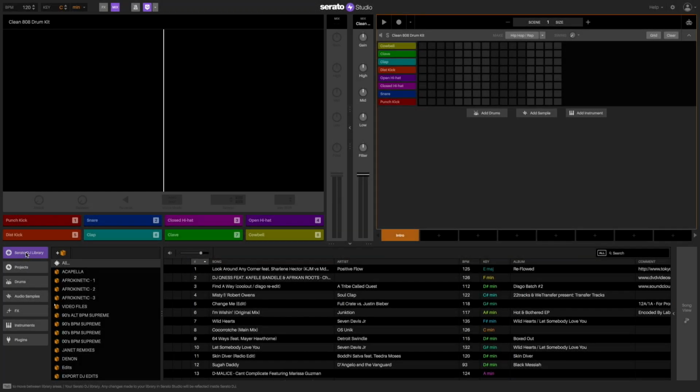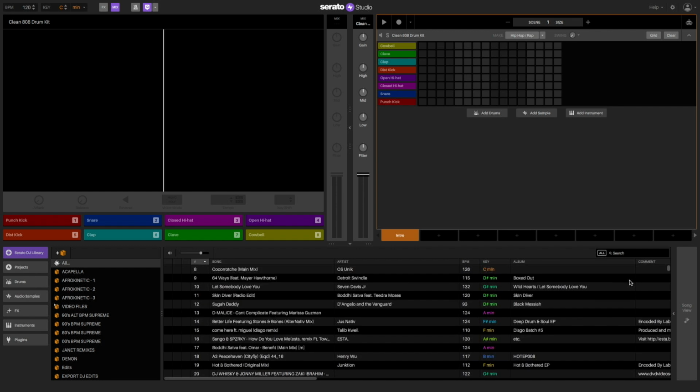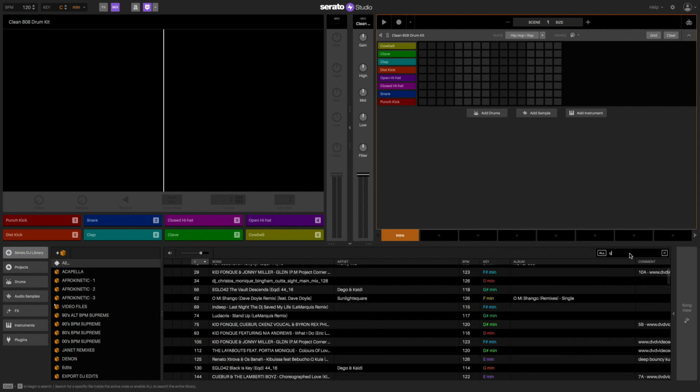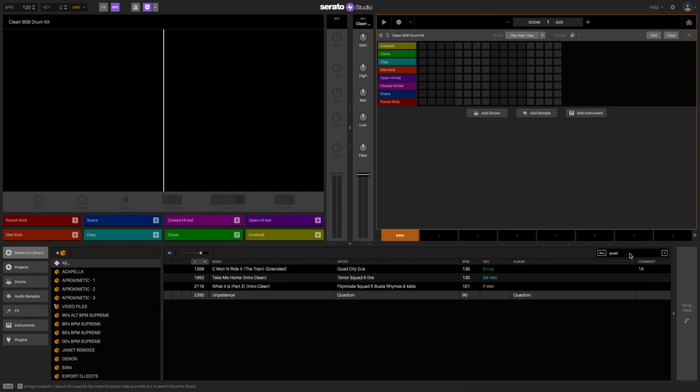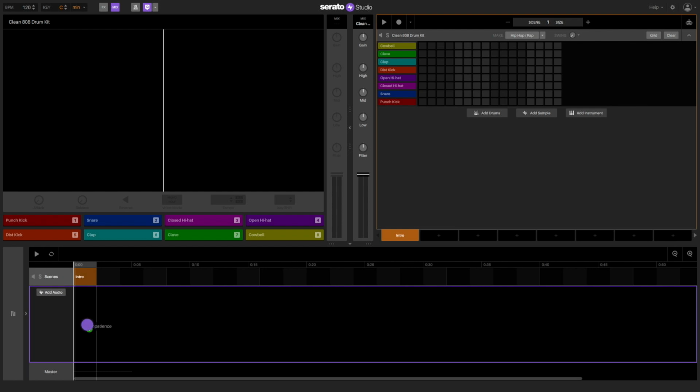Taking a song and making a DJ edit with Serato Studio is fun, quick, and easy. For example, I have this slow song by Quadrant called Impatient that I want to turn into a more up-tempo groove. I can search through the Serato DJ Library tab and find the song, and then drag it over to the Song View tab and then drop it into an empty space.